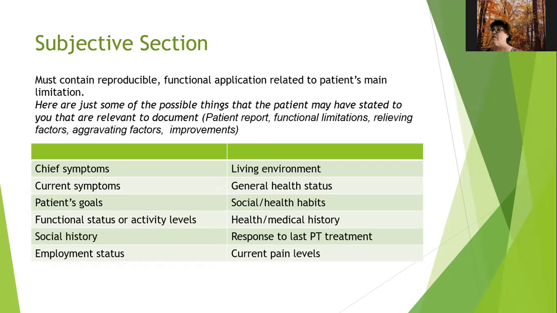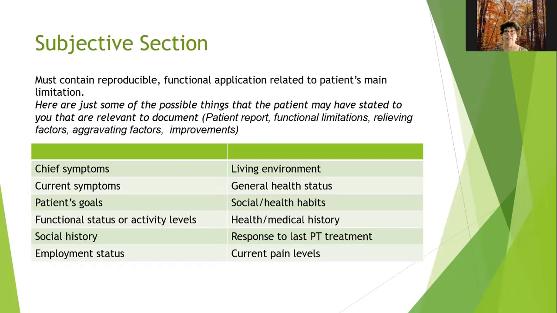So here's a list of things that you might mention in the subjective section, but make sure it includes functional application of that related to the patient's main limitation. So chief symptoms, current symptoms, their goals, their functional limitations. So if the patient says, I still can't do this, that has to do with the patient's goals. Social or health habits, if they say, well, I really haven't been doing anything since my injury, I just sit around and watch TV. That's a social and health habit. Health and medical history, like, oh, I can't really stand long enough to make dinner, so I haven't been eating that well. That's relevant information that affects their function, their current pain levels, their response to the last PT treatment,